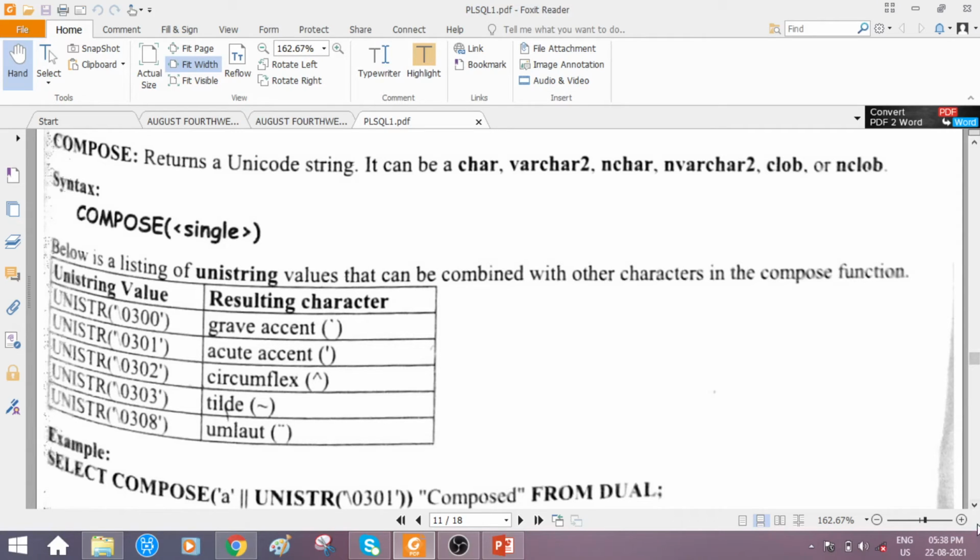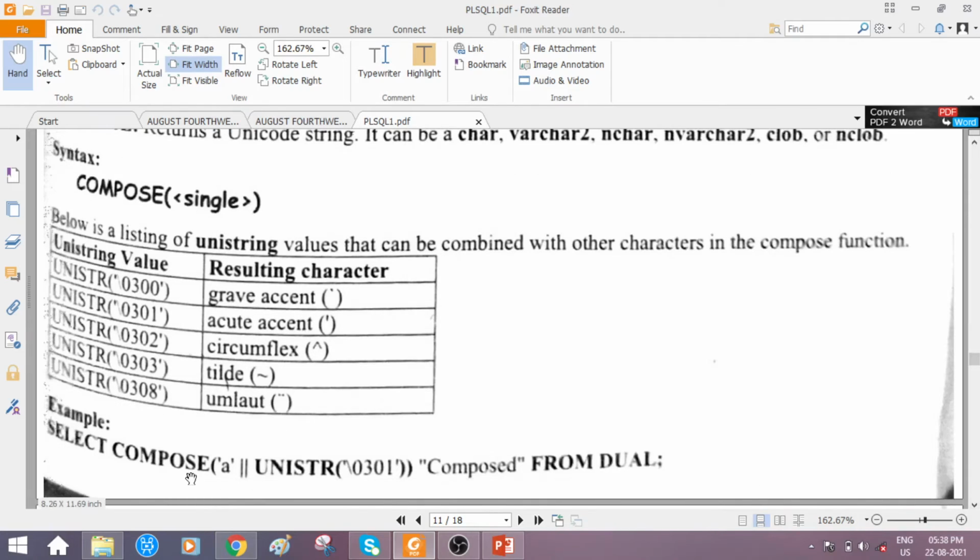So just check out a within single quotes following that. So a has to be concatenated with unistr, with what type of value?